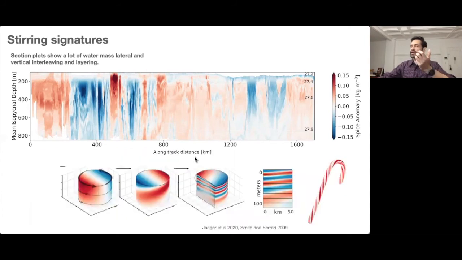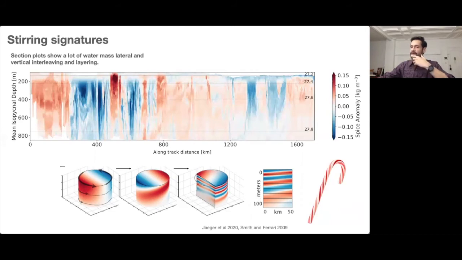To understand how this layering and this complexity can form easily in a really simple flow, I like this schematic from Yeager et al. in 2020, where they show that a simple eddy with shear, for example, over here, can roll up a vertically unchanging lateral gradient over here, as time goes on, into these layers that are present across isopycnals, essentially producing some structure that looks like a candy cane. It is important to realize that in this process, the variance is getting cascaded to smaller and smaller vertical scales, where it can get consumed by diffusive processes resulting from 3D mixing,